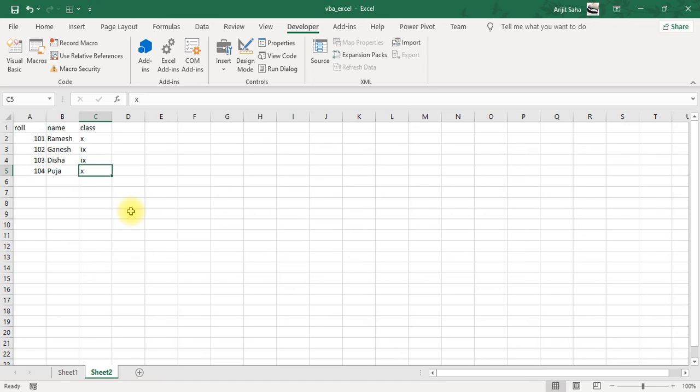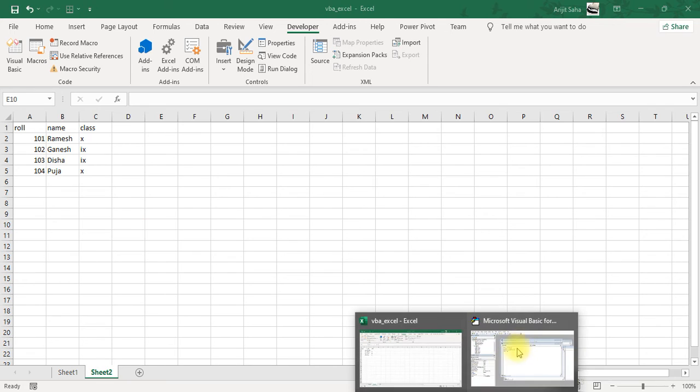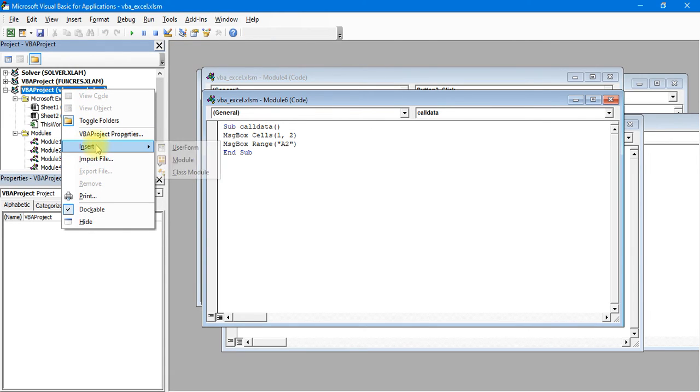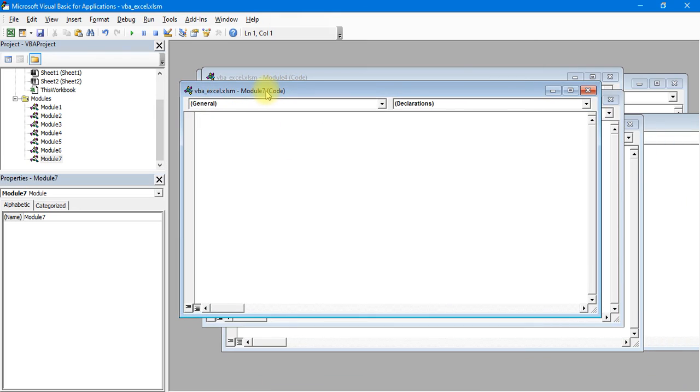We have to tell the function that we'll create a button over here, we'll click on it, and our data will be sorted. We want to do this. So let us create one more sub that is going to help us do this. We'll go to the Visual Basic part, right click on the project, go to insert module, and insert one more module. Over here we'll write sub and use sorting as the name of the function, and over here we have to mention the range.